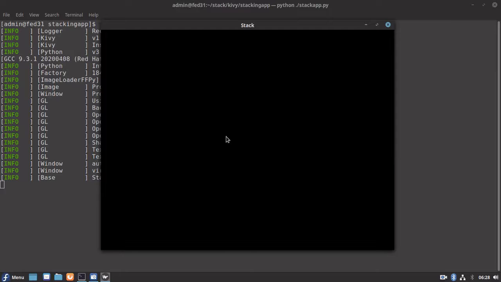Now let's try to add a few buttons into the stack layout with varying size. As I said in my initial video, stack layout allows us to arrange the widgets in left to right, top to bottom order, or top to bottom, left to right order. And there are other orientations also, which we will see in this example.